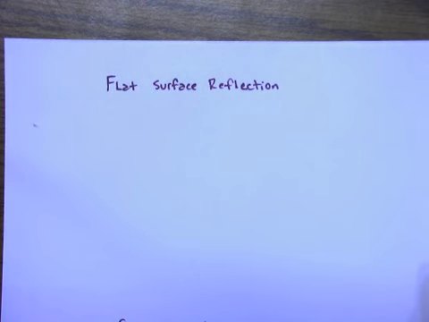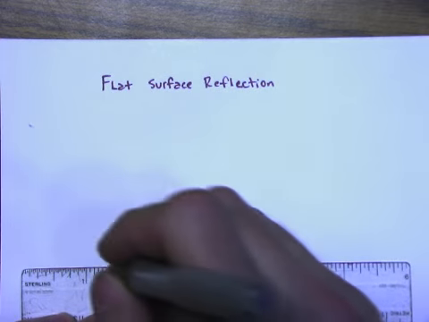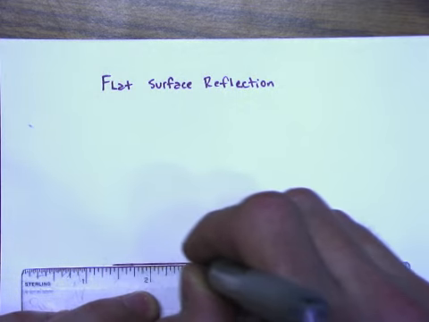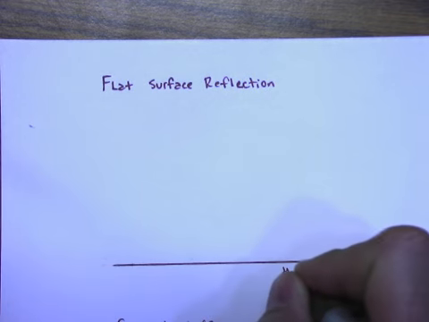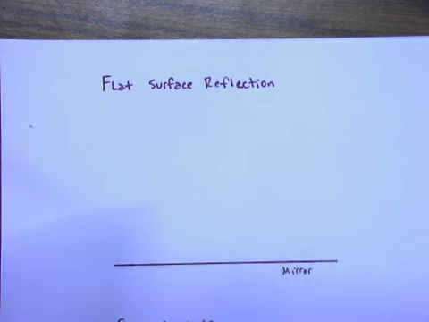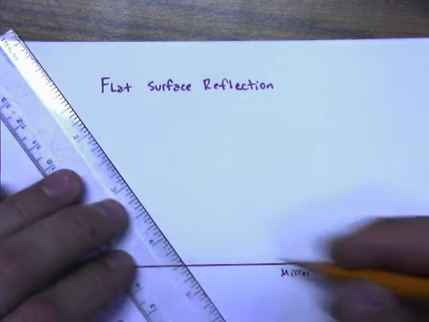Alright, so I want to talk a little bit about flat and curved surface reflection. How do you exactly find that if you're not too keen on it? So what I'm going to do is just make a mirror. This is a flat mirror right here. And what if I had some random ray